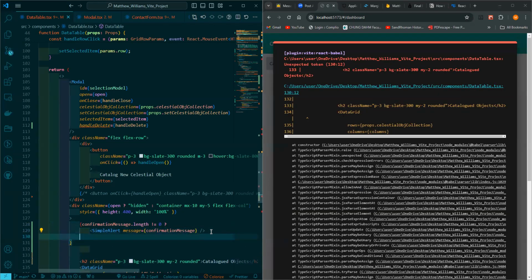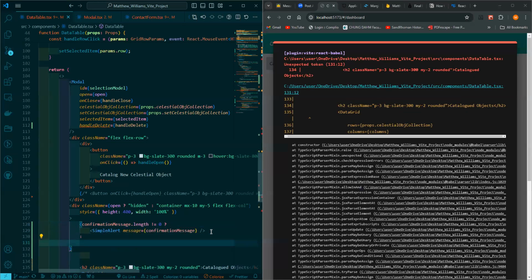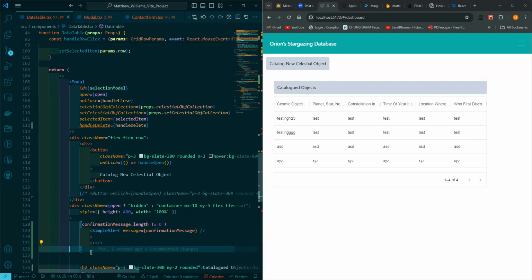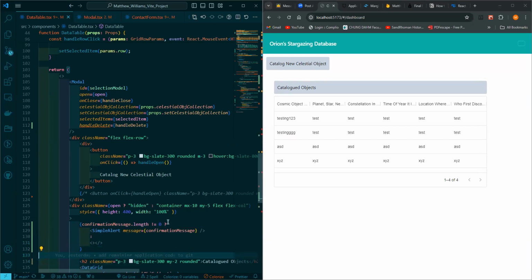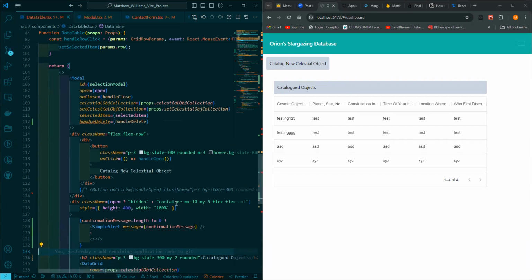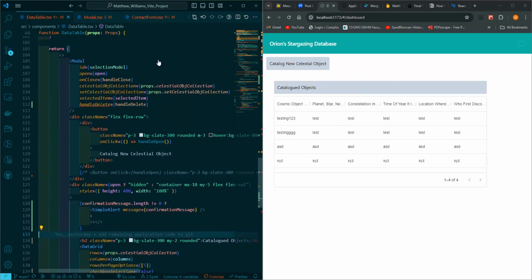If not, then we're going to go ahead here and just say an empty React fragment. So now the confirmation message has a length that is in fact equal to 0, right? So there's no message appearing now. But what I can say is this: